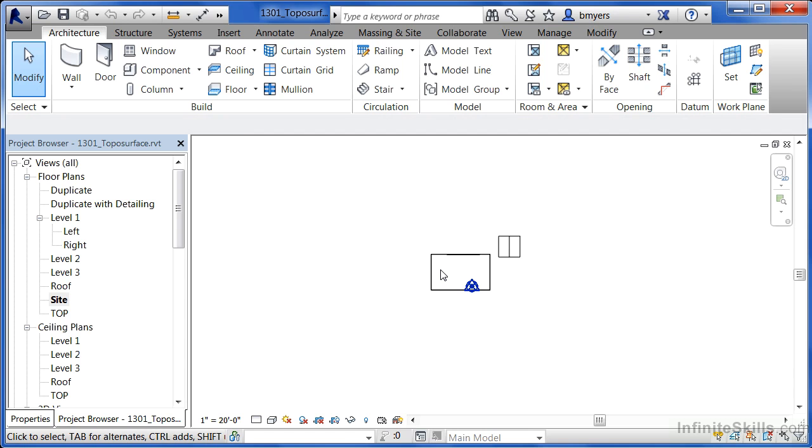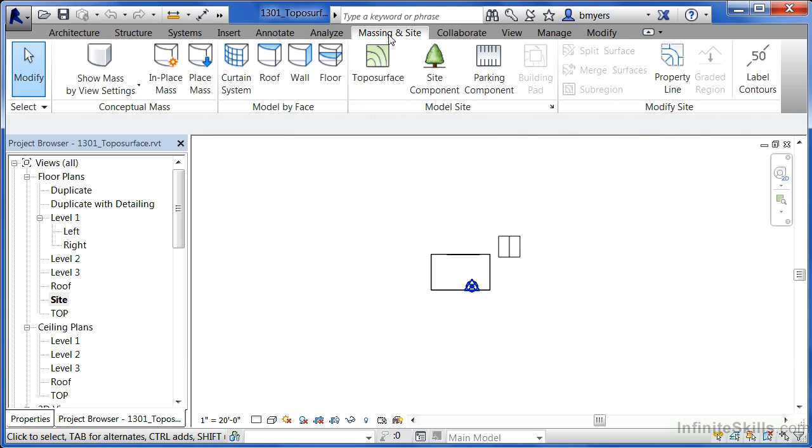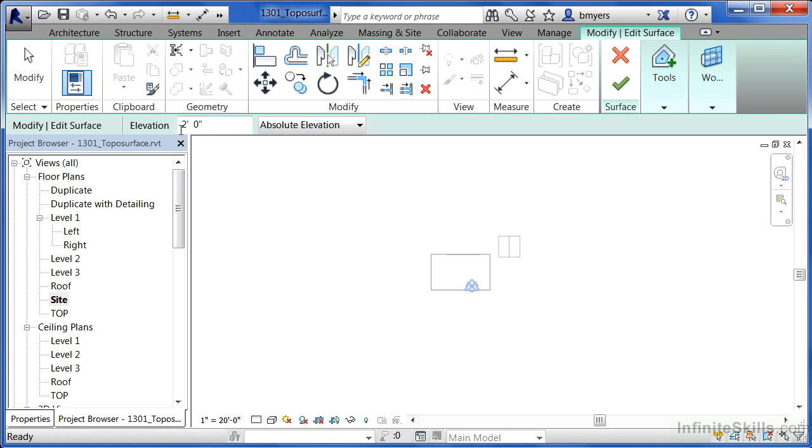to. Now we need to use the Site tools, or in particular the Topo Surface tool, to draw in where our site is going to be located at. To do this, come underneath the Massing and Site tab and pick on Topo Surface. Where it says Elevation, let's give this an elevation of 3 feet. And the first spot that we're going to pick is going to be in the upper left-hand side of the